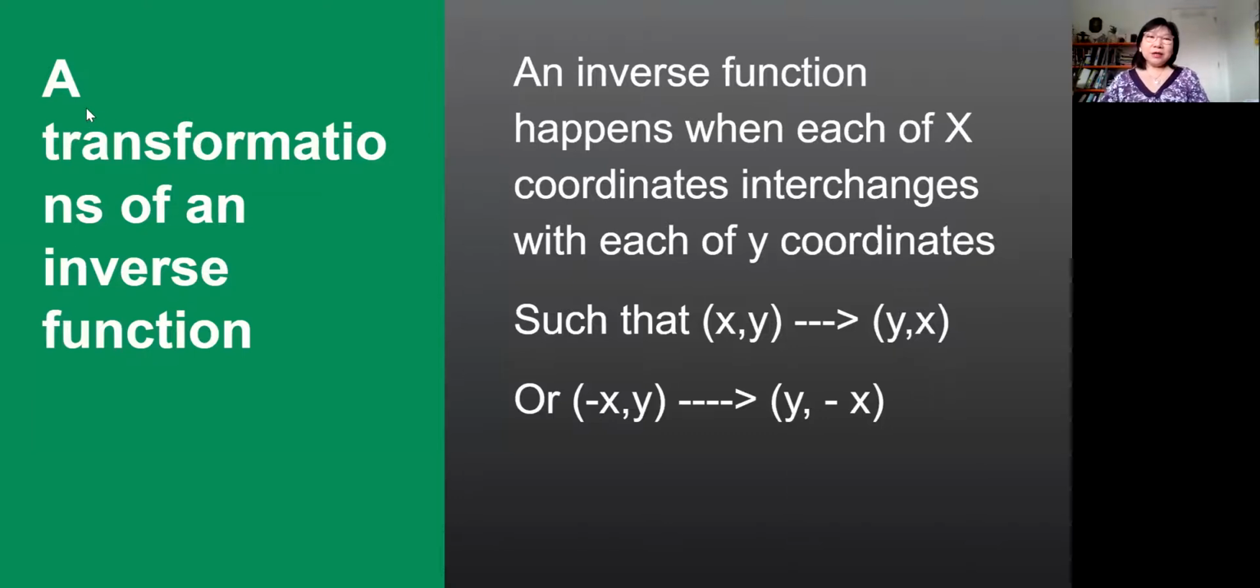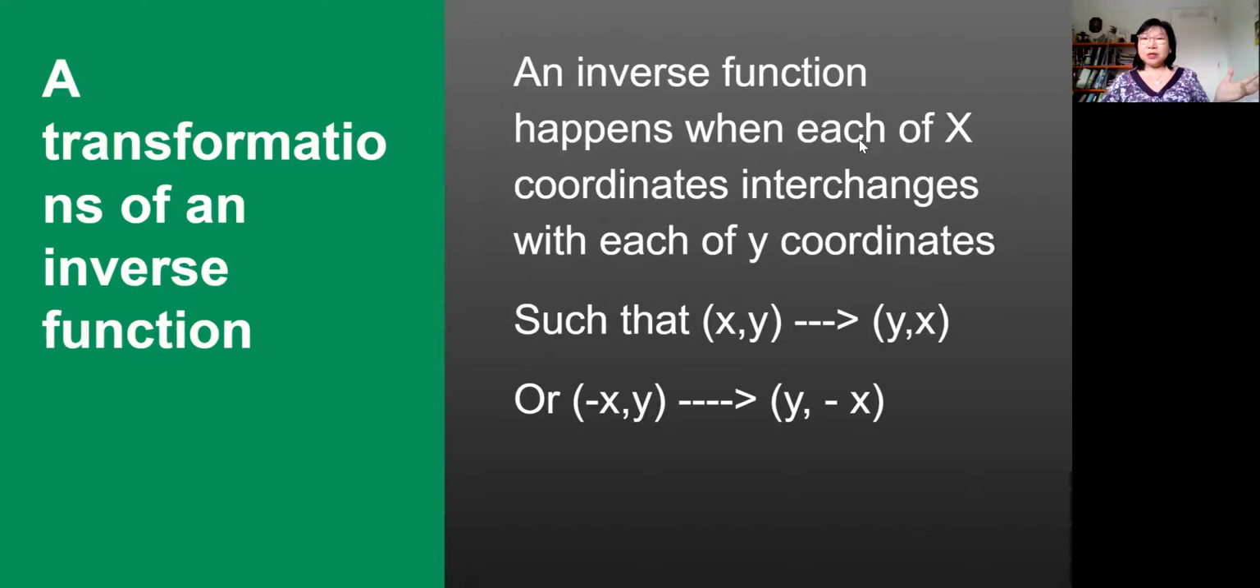So here we're talking about transformation: vertical stretch factor of A, horizontal stretch or compress factor of B, vertical shift up or down by the letter D, and horizontal shift left or right by the letter C. Now we get into a new transformation, which is an inverse function. What is an inverse function? An inverse function happens when each coordinate interchanges,